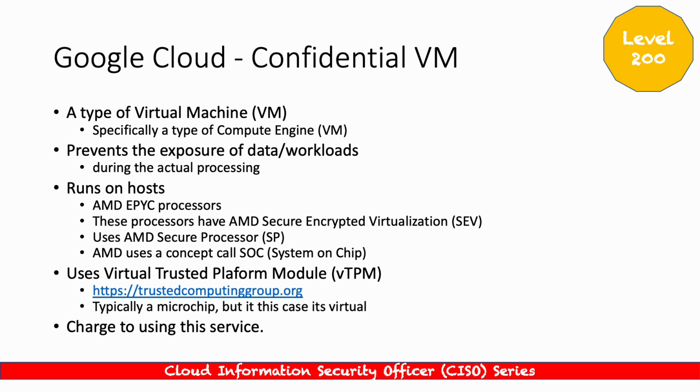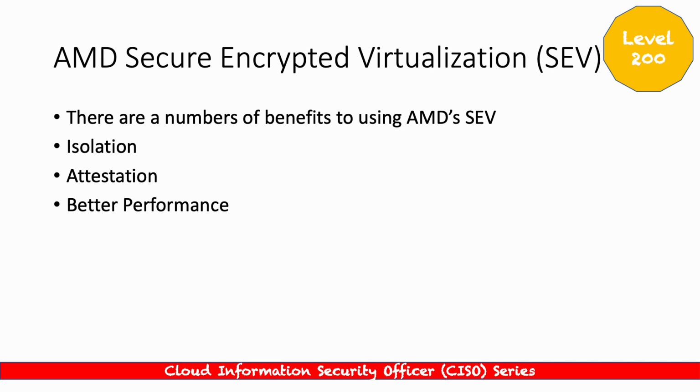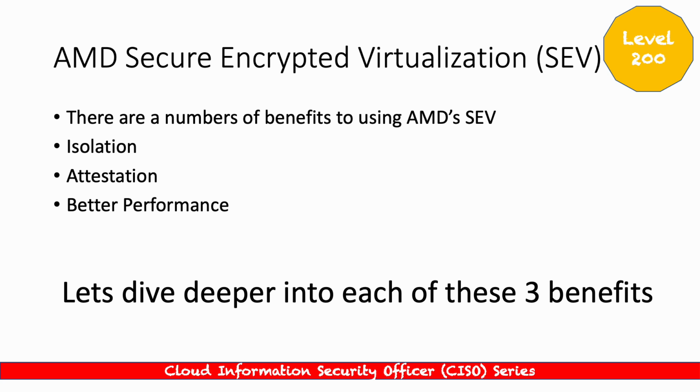And there is a cost associated with using confidential virtual machines in Google Cloud, unlike confidential spaces, which we'll get into a little bit later on. Now, the AMD Secure Encrypted Virtualization, SEV as it's known, has a number of benefits. It creates isolation, it creates attestation, and it provides better performance. So let's dive deeper into these three